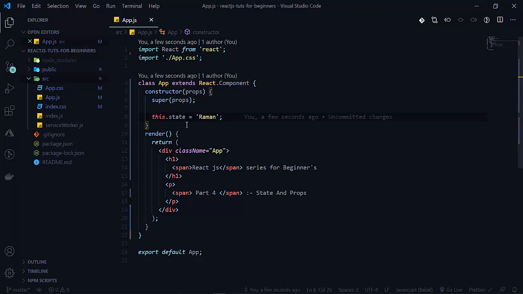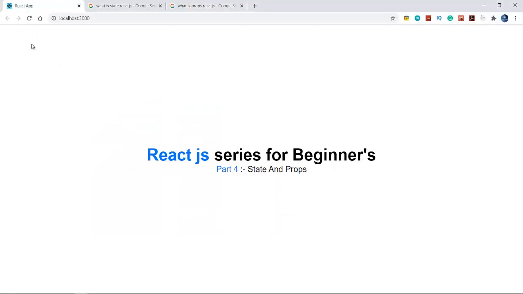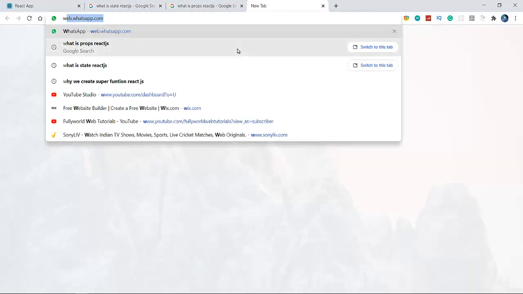See that. When this is loading, nothing is shown here. So how can we see whether our state is added or not, without showing the state in our project? There is one extension for that.